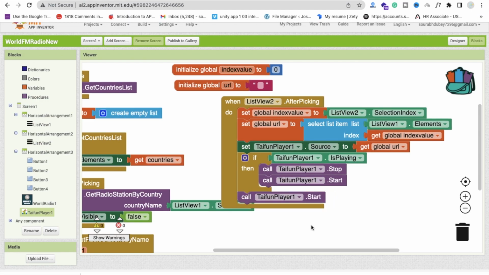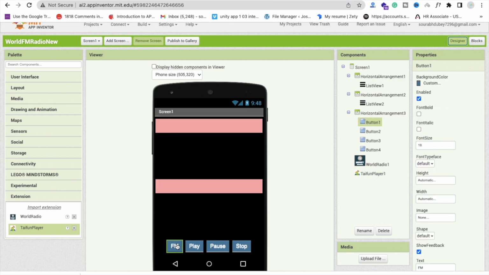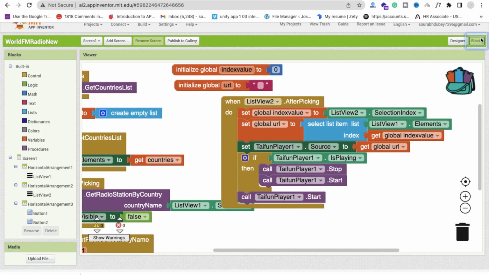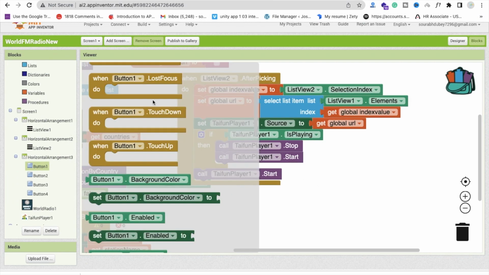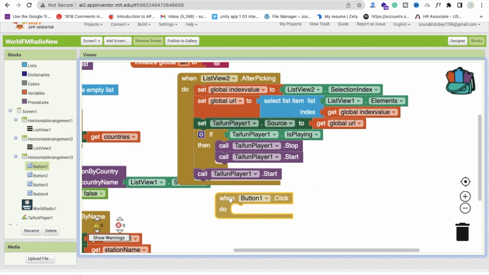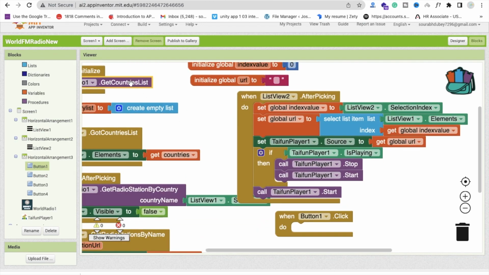Now the song is playing. Now we have to stop this, pause this, and we have to get the country list again. So for that, we just need to focus on buttons. So go to the design and you'll find here we have 4 buttons. So button 1 is FM. So go to the block and you will find here button 1. So whenever someone clicks on that button 1, we will fetch the country list. We already have fetched it in screen initialization here. So call this here